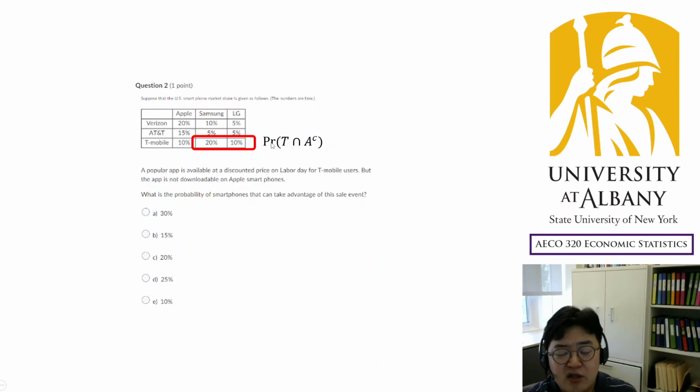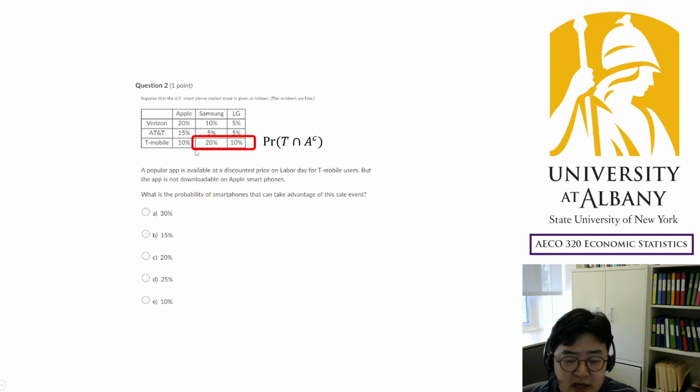Anyhow, it doesn't matter whether you can use this notation or not. What you have to do is find out which of the 9 types of smartphone users satisfy those conditions. Easy: T-Mobile users and non-Apple users. So there are only 2 types.